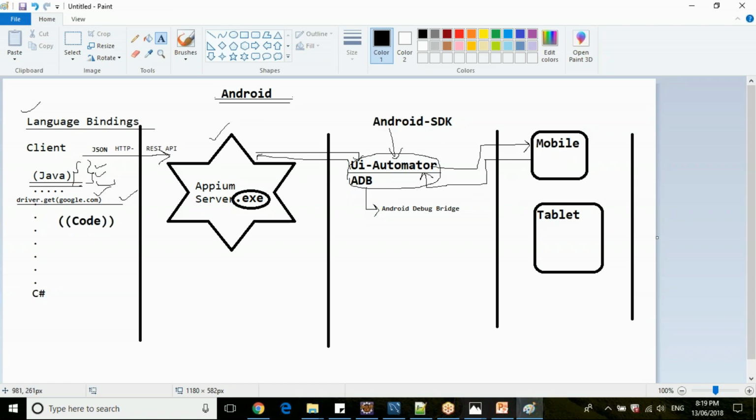I have just told you in layman terms, so that even if a non-IT person comes, he can understand what the flow is. So now when you are installing Android SDK, you will have a better understanding. Okay, ADB is doing this task. That's why we are setting the Android SDK home path. We are installing Android SDK for mobile automation. So this is the main idea of the architecture. This is the backend process of how APM works. If you want to write scripts in APM, you don't need to learn all this, but I just want to make your fundamentals very strong. That's why I am going into detail, guys.